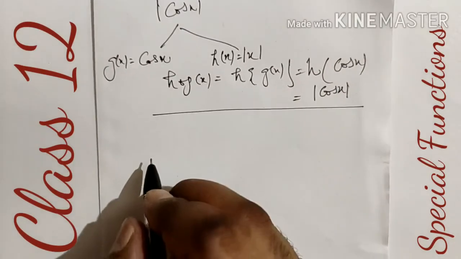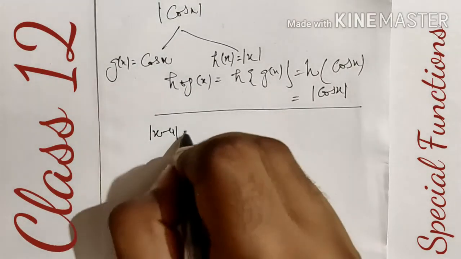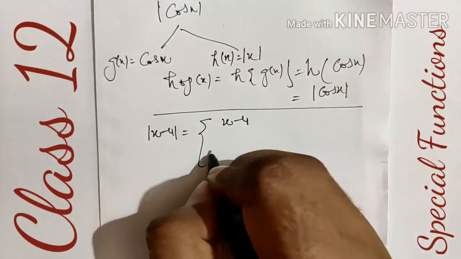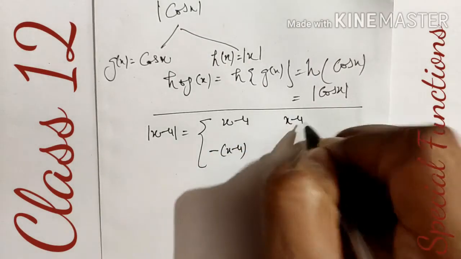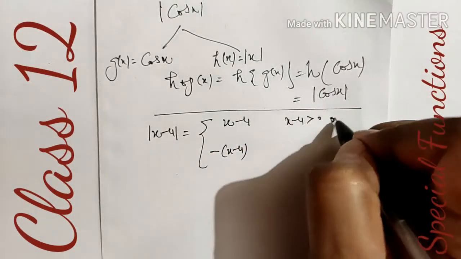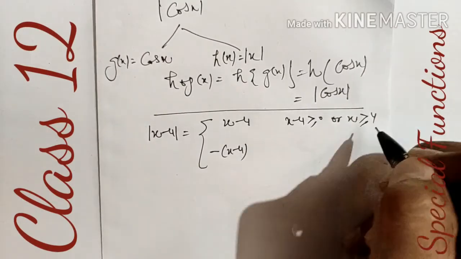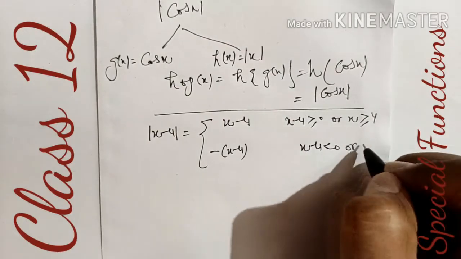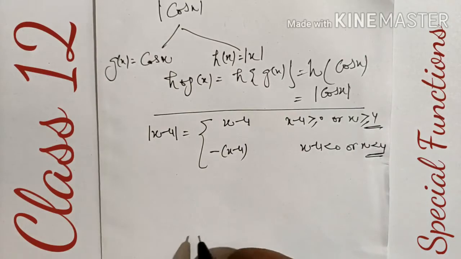The last type we are discussing here is the modulus of a function. As we have discussed, the modulus value contains two parts: one as it is, the other the negative of it. As it is when the inner part is greater than 0. It means x should be greater than 4. Equality holds in both, so we can use it in any case. The other is x minus 4 less than 0, so we can say here x less than 4. Here if you see, the testing point is the common point 4.